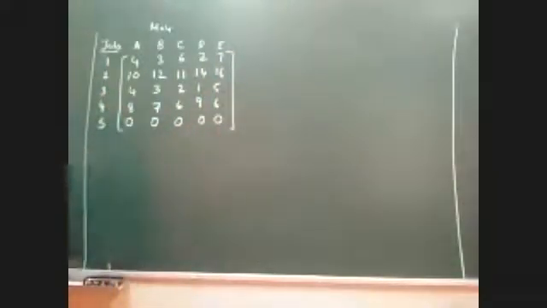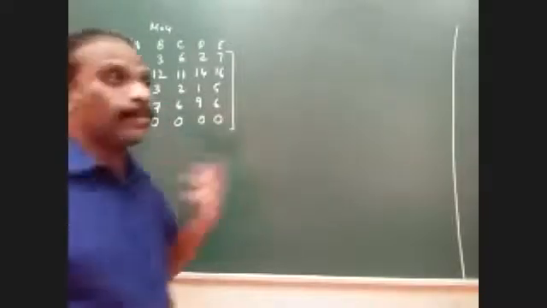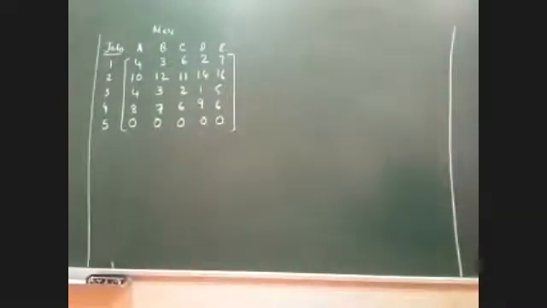Now you could see that the problem has become a balanced assignment problem. There could be 2 possibilities. Either you introduce a dummy row or a dummy column, depending on the question. Suppose this question had 5 rows and 4 columns, then I would have introduced a 5th column with all dummy values. These are the only 2 possibilities as far as an unbalanced problem is concerned. The rest is exactly the same as the previous procedure. There is no other difference at all. The only thing we are supposed to do is introduce a dummy row or dummy column, and all other things are solved exactly the same.